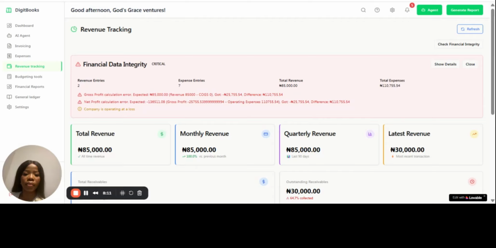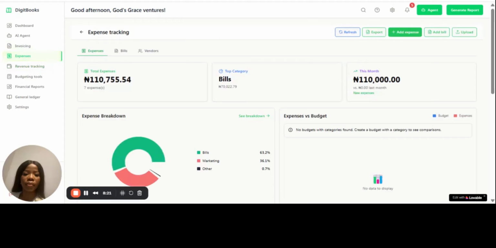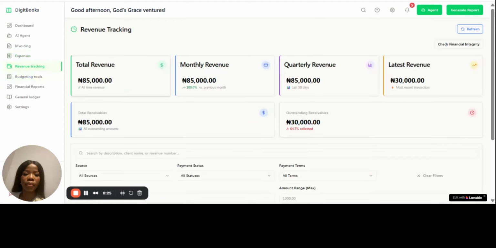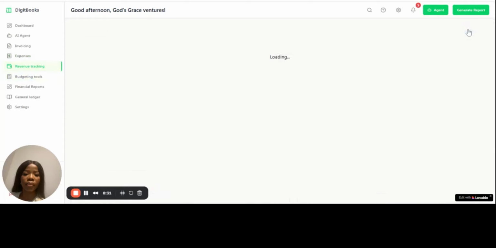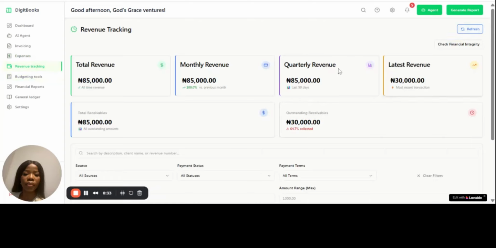By merely looking at this, we can see the company is operating at a loss because the expenses are greater than the total revenue. So it's operating at a loss. So that's all we have for you on the revenue tracking interface, and I hope